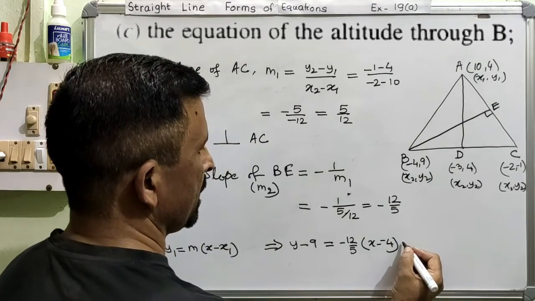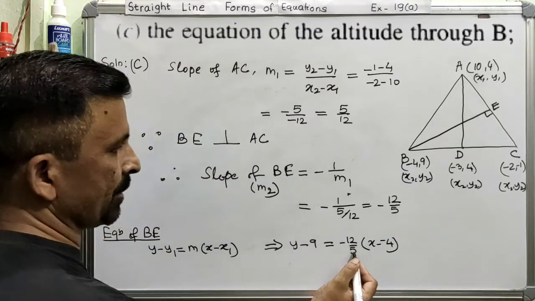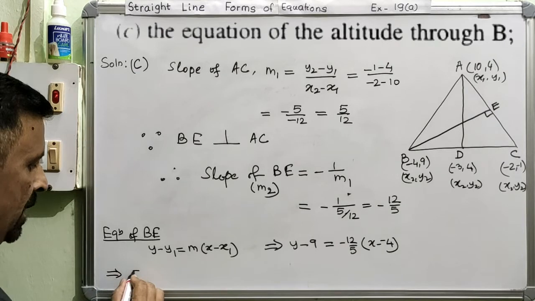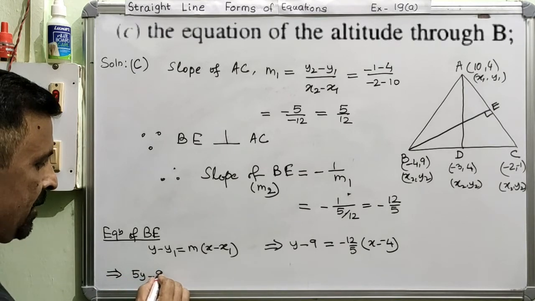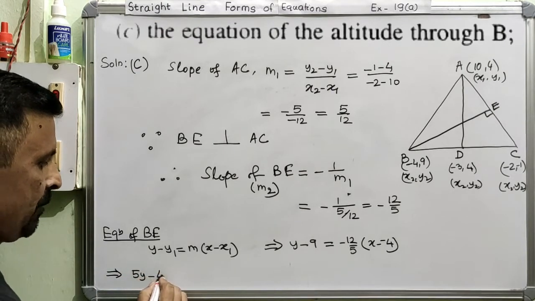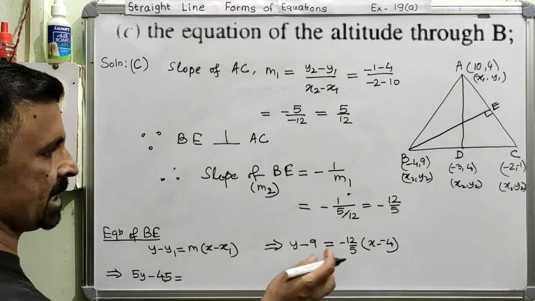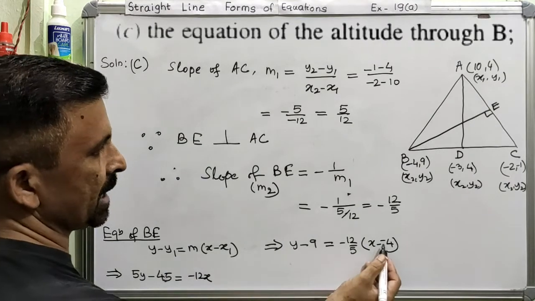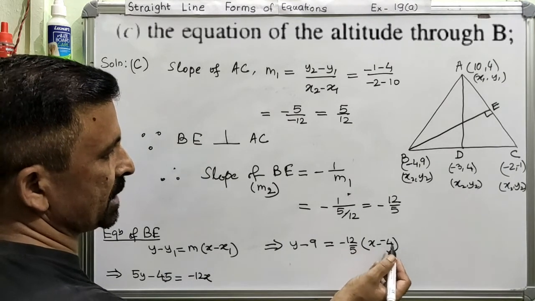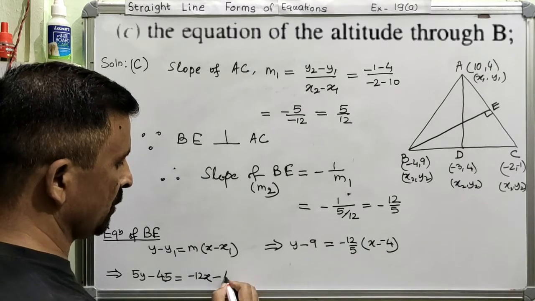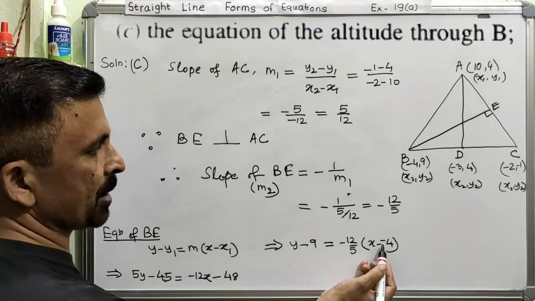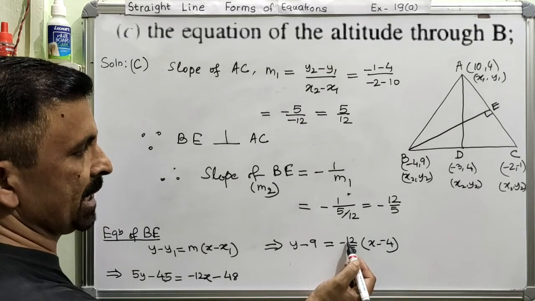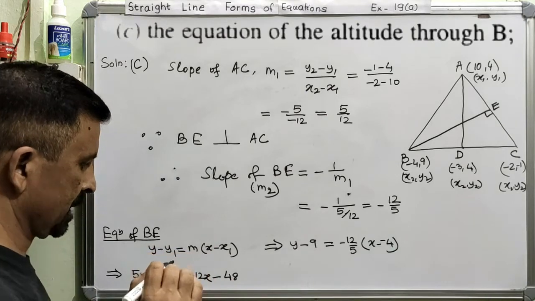Now we can do cross multiplication. So 5 I am keeping positive. Let us multiply the left hand side by 5. So this becomes 5y minus 9 5s are 45. This is your left hand side. Right hand side, now minus 12x into x, minus 12x, right? And this becomes positive, and now 12 4s are 48. So it will become minus 48. It will remain negative. Why? Because this is becoming positive, minus minus plus, and this positive, when it is multiplied by negative, again it will remain minus. Is it okay?